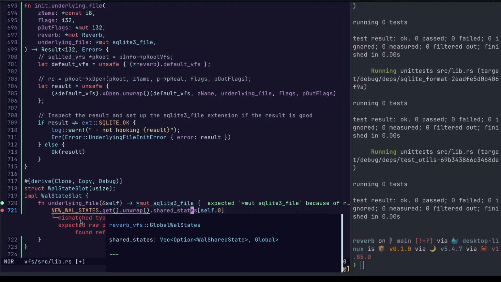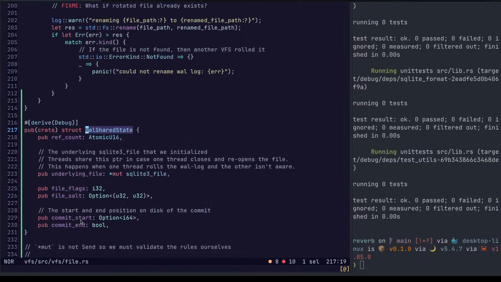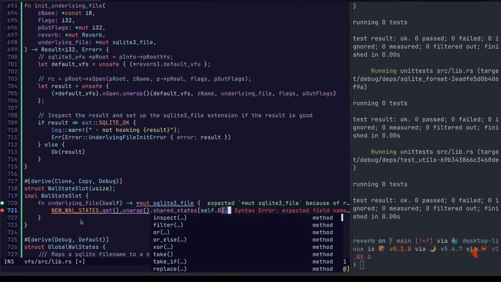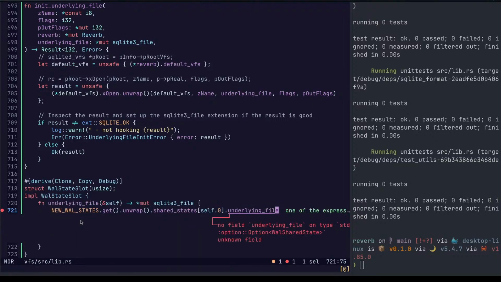And well, shared state has an underlying file in it. Why don't we see that though? Ah, because this is an option. That's right.